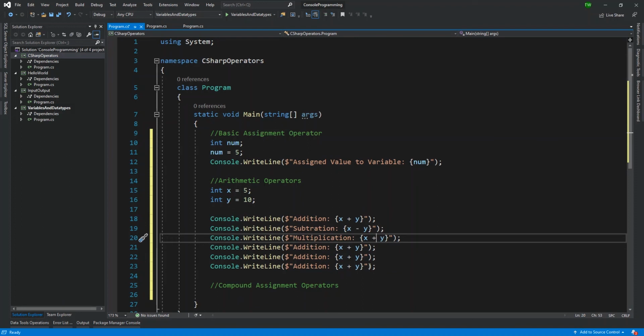So multiplication, we use the asterisk. We don't use the x. When we are writing it on paper, we use x, but as you can see, x is going to be seen as x. So if we want the operator that handles multiplication, we need to use the asterisk or the star, right? If we're doing division,